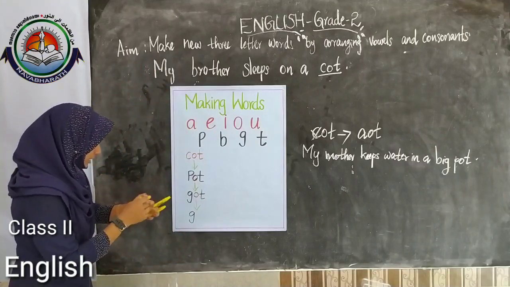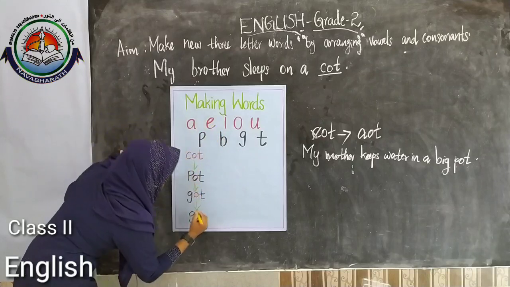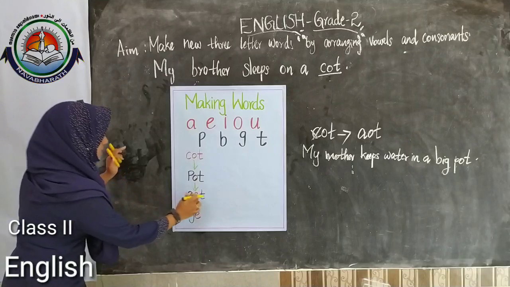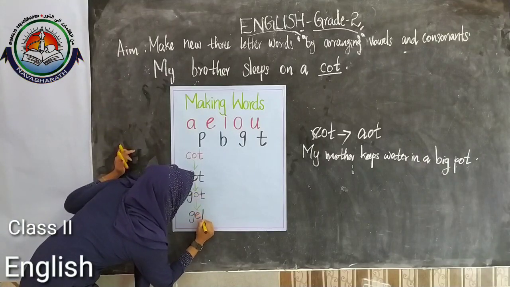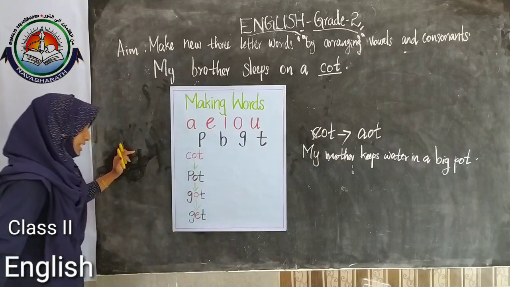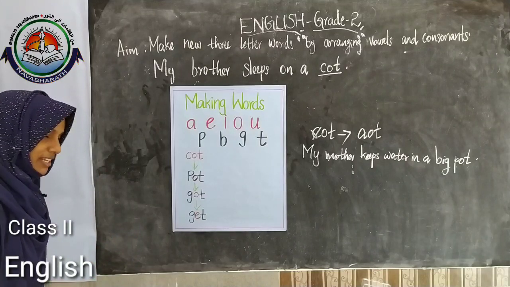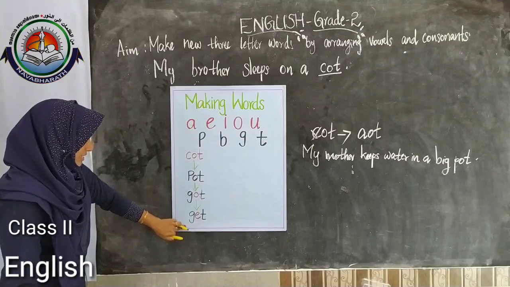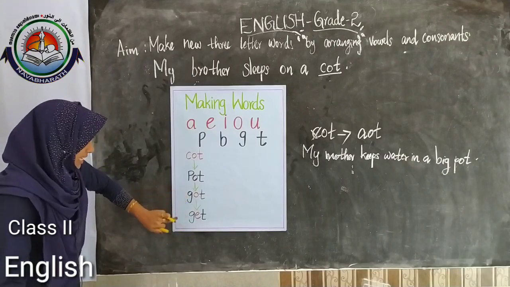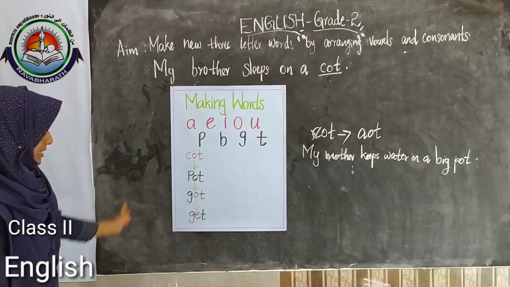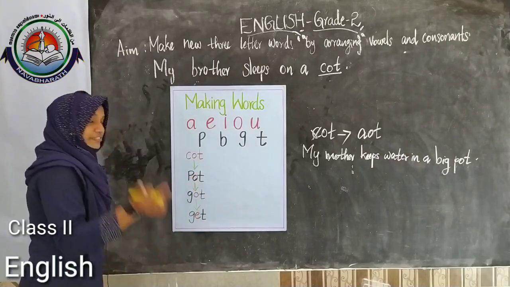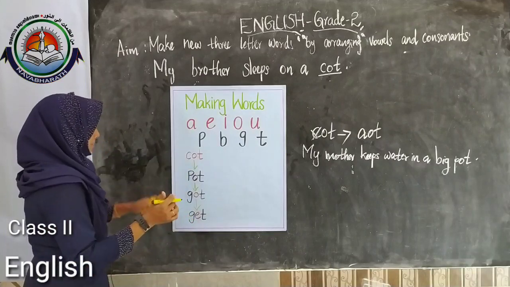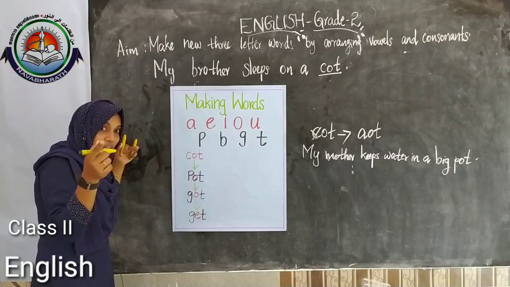What happened? It is, ma'am, right here, this E letter. Then the last letter has also no change. So what does the word become? Yes, the goat changed into get. The word goat changed into get. Okay, like this, let's replace this G letter again. The first letter, let's replace the first letter G with P.